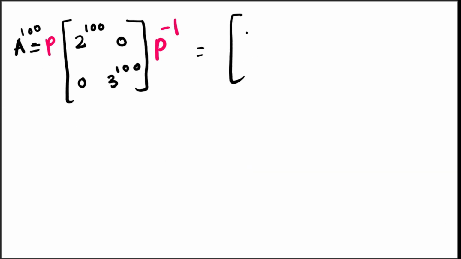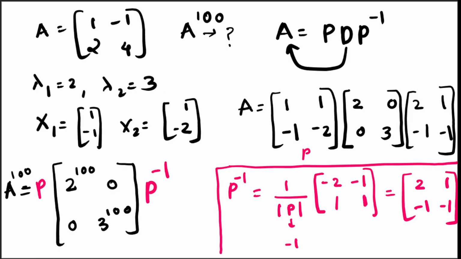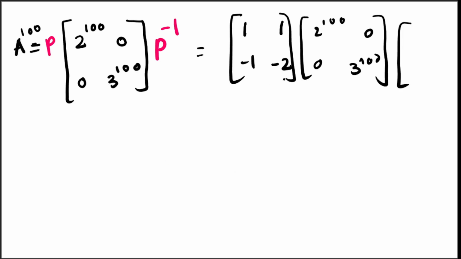Which is equal to 1, 1, minus 1, minus 2. Okay, it is 1 into 2 raised to 100, 0, 0, 3 raised to 100, into 2, 1, minus 1, minus 1. Okay, now multiply these two matrices, which means 2 raised to 100